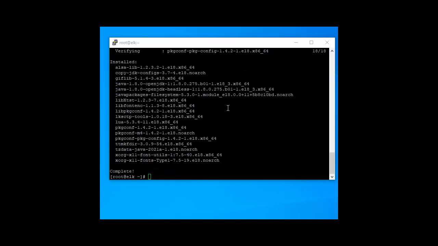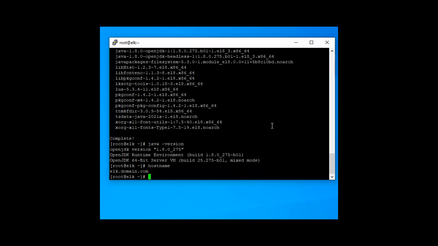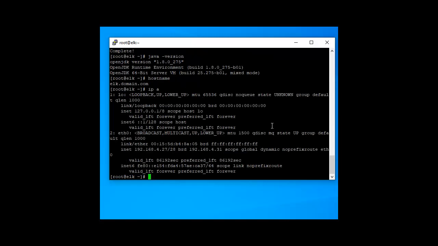Installation done. Verify the Java version by using java -version, that is 1.8.0. We also check the host name, that is elk.domain.com, and the IP address is 192.168.4.27.